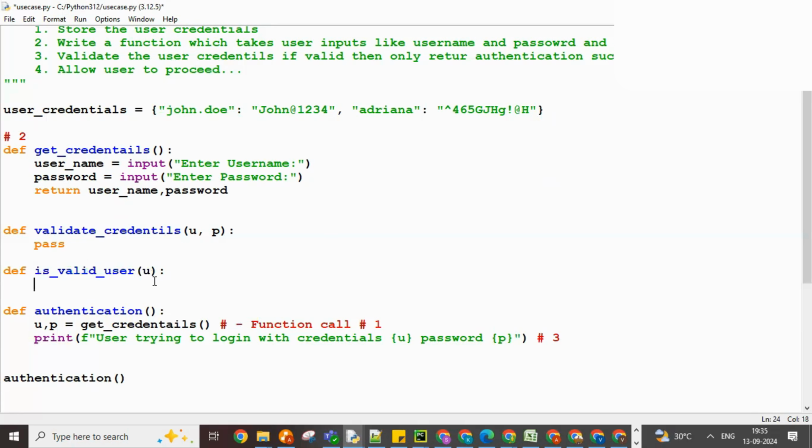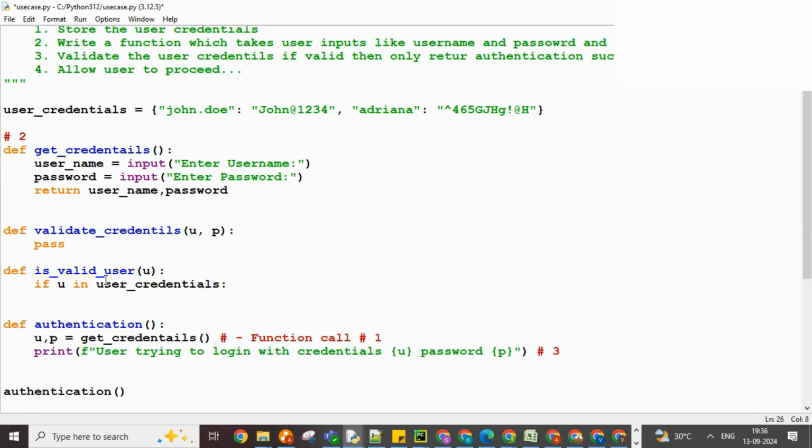See, it's very simple. When you perform the in operator on the dictionary, it will check whether that particular key is available or not. So to check, it's very simple: if user in user_credentials, make sense? Then no problem, return True. Got it? Else